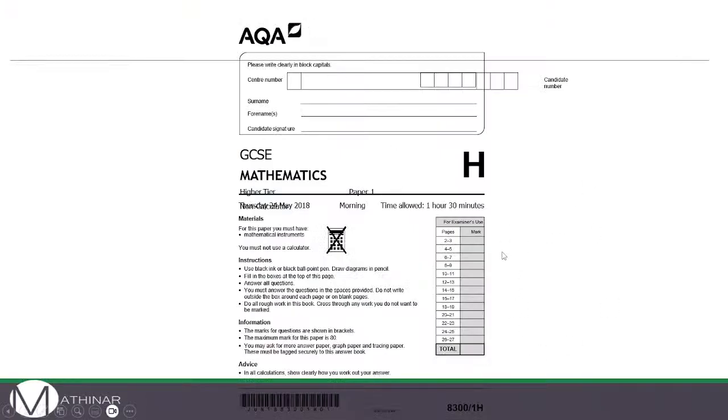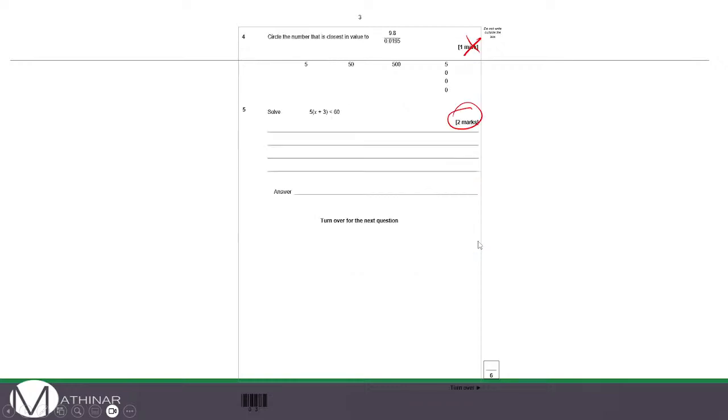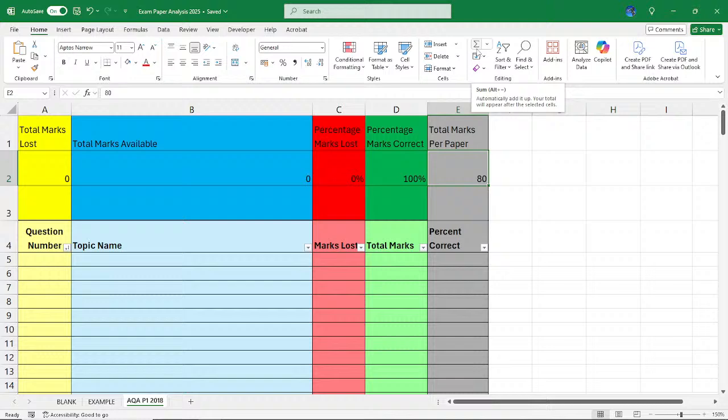So I've kind of pretended to mark an exam paper. I've assumed that this student got this correct, so I didn't lose any marks there. That's all correct. So this student lost a mark here. So what I'm going to do is log that on this spreadsheet. So question number 4,